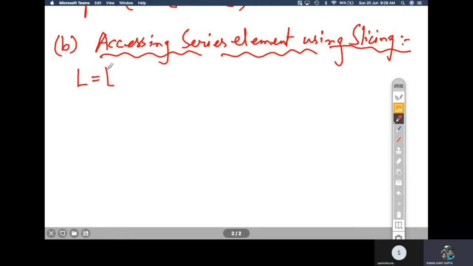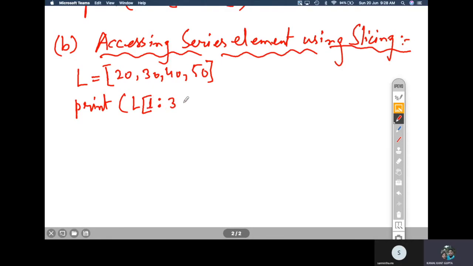If L is a list in Python, say for example having elements 20, 30, 40, 50, then you can write some syntax like this: print L, and there you can write 1 colon 3.